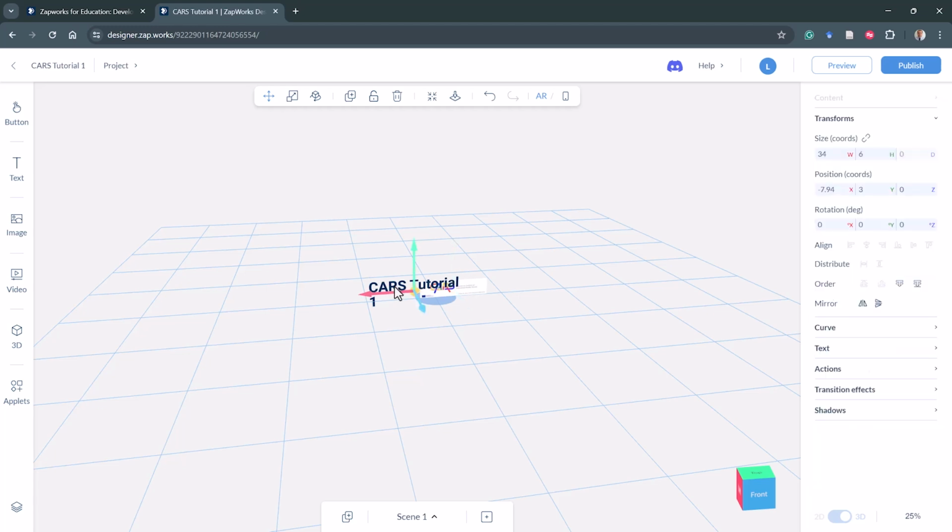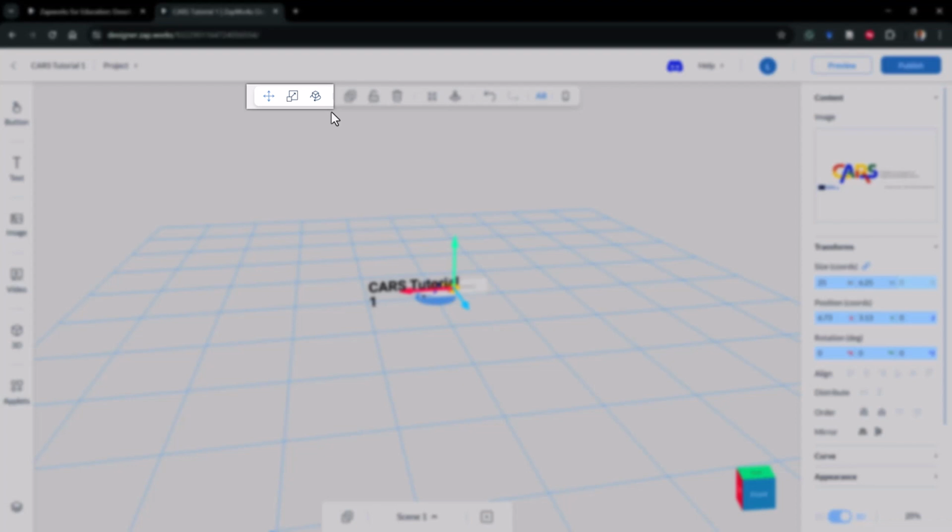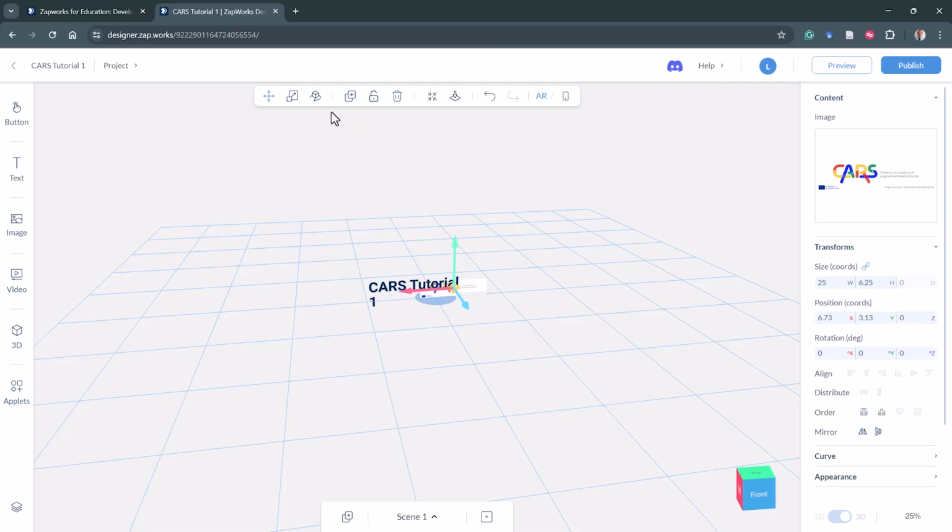that every time that I'm clicking either on the text or on the image, there are 3 arrows. So those 3 arrows are called a gizmo. And for the time being, I'm going to focus my attention on 3 very important buttons, which are the 3 buttons at the top part of this menu here. So the three buttons are collectively called transforms, and these buttons will allow us to manipulate objects around